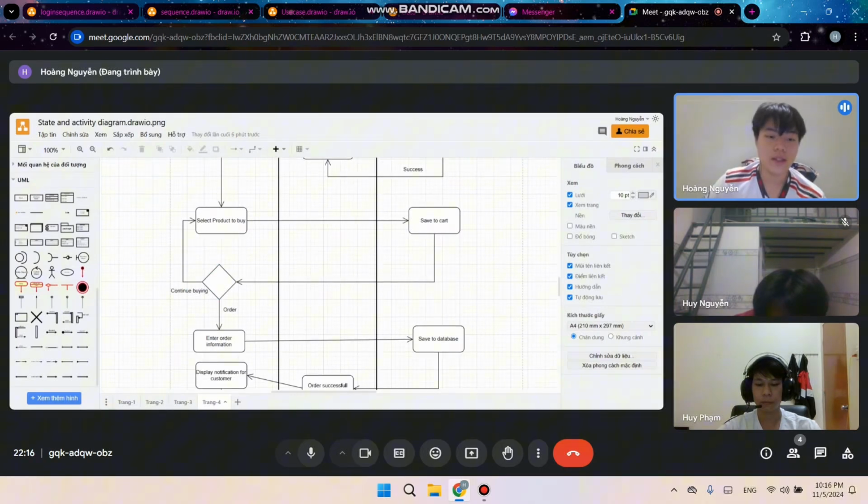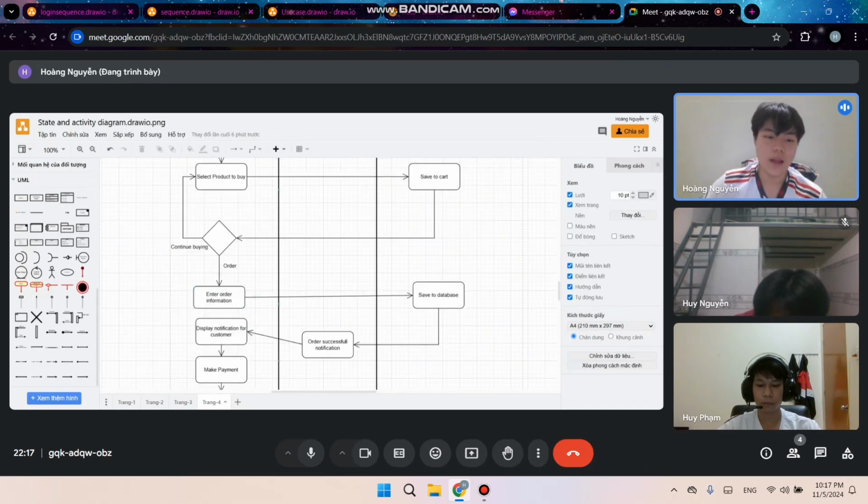If a user wants to continue buying, they can come back to the product page to select some more products to buy. If not continuing to buy, they finish the order